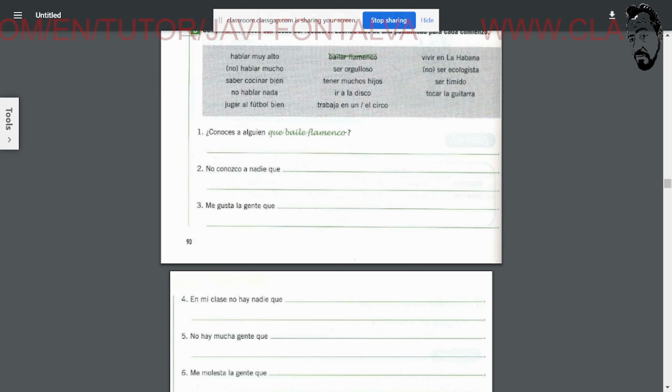So as I mentioned before, the most used one is the one with the article and que: el, la, los, las, que. And you can use this for people or things in general. Quién and quiénes is only for people and it's only formal, okay? So for example, busco a alguien con quien compartí viaje a Dinamarca.